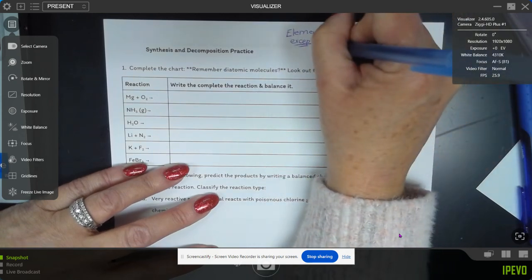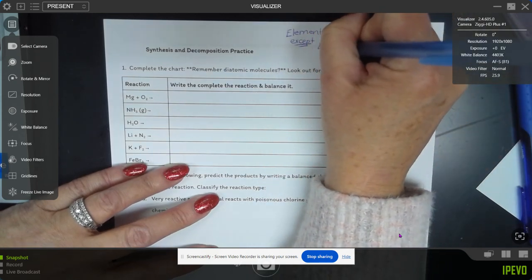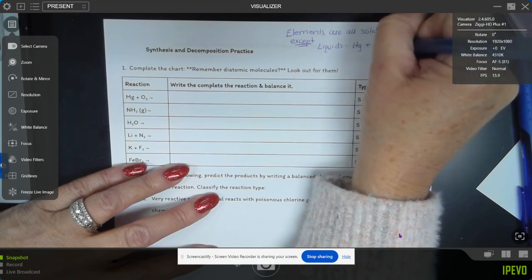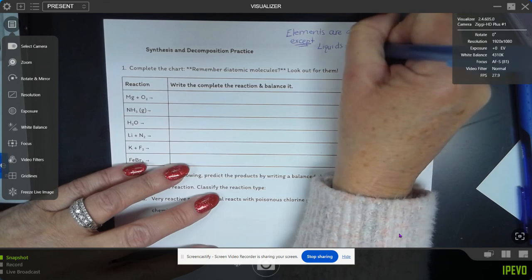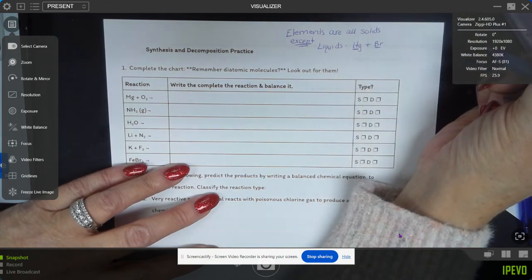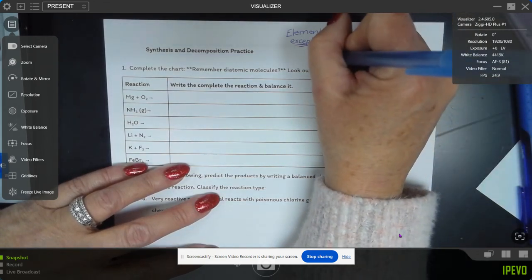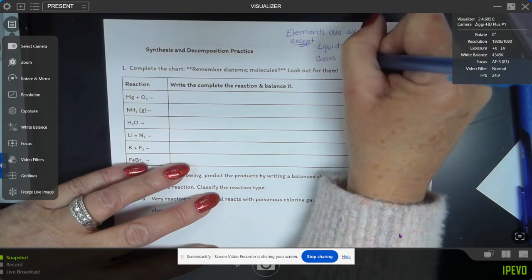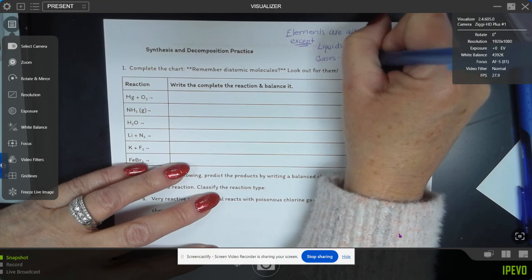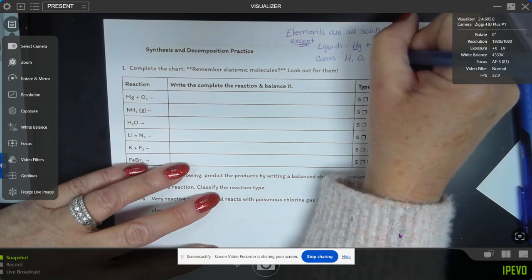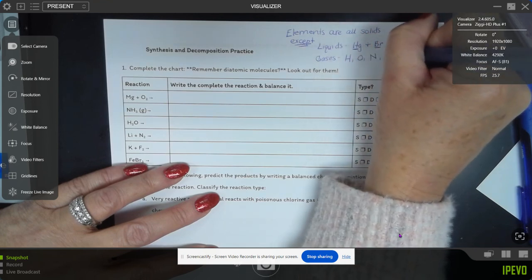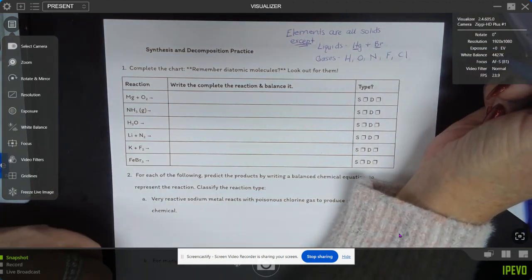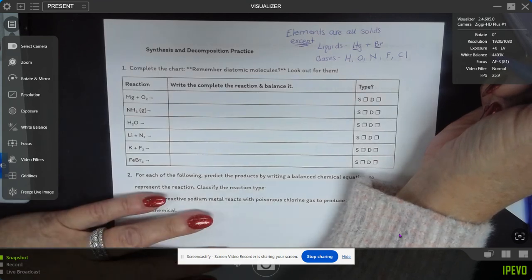Two of our elements are liquids at room temperature. Those are mercury and bromine. They are underlined on your periodic table. And then there's a handful of elements that are gases at room temperature. The ones that we will see are hydrogen, oxygen, nitrogen, fluorine, and chlorine. The noble gases are also gases at room temperature, but we will not be using those because they don't